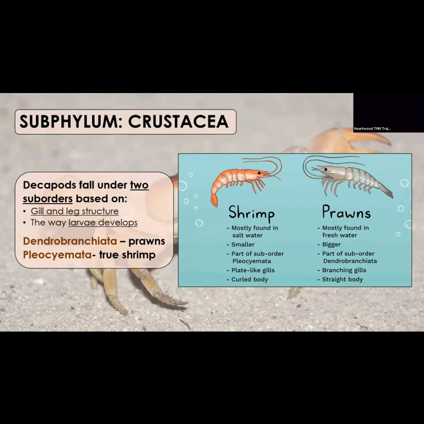So what's the difference between shrimp and prawns? Here it has salt water versus fresh water, plate-like gills versus branching gills. This is a physical way that you could tell the difference. Does the body have a noticeable curve? That's a shrimp. Is it flat? This plate literally bends in shrimp, like they can't straighten it out. So it's a shrimp. If it's straight, it's a prawn. The main reason that they've separated them out is their gills are different. So if their gills look different, that means they originated differently, so they're not going to be placed together.